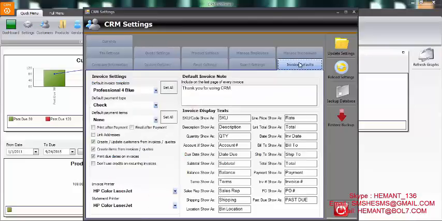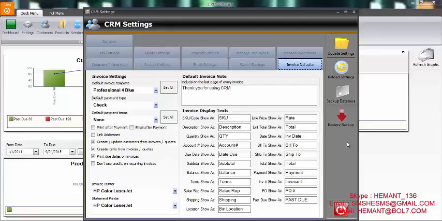Now the next option which we have is the invoice setting option. It allows you to define the modes of payment plus the invoice type, and you can set all your printers on it. And if you need to use a dot matrix printer with it, then it can be simply done through here. Now if you see on the window on the right hand side, there are four tabs: update settings, reload settings, backup database and restore backup.